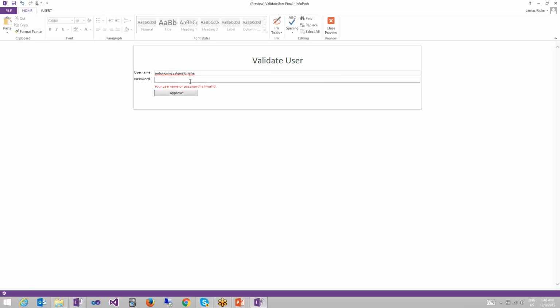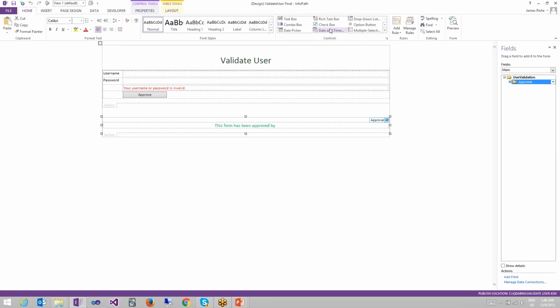I'll type another invalid password, and again, no luck. And this time I will type my correct password, hit approve, and we can see that it has been validated.